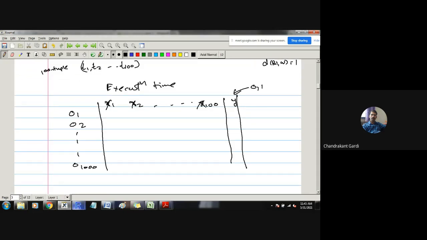So what we are doing here is, suppose I name this observation O test, the observation for test. What distance this O test has from O1 will be calculated. So the distance between O1 and OT, between O2 and OT, between O3 and OT, and similarly, if the last observation is O10,000, then the distance between O10,000 and OT will be calculated. While calculating these differences, we are wasting much time, and therefore the execution time becomes unnecessarily larger.